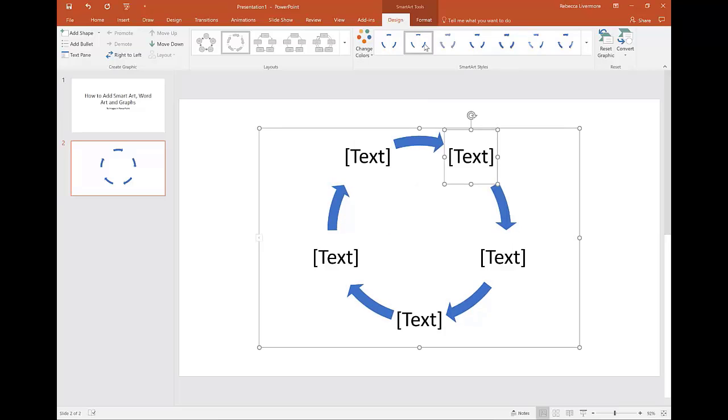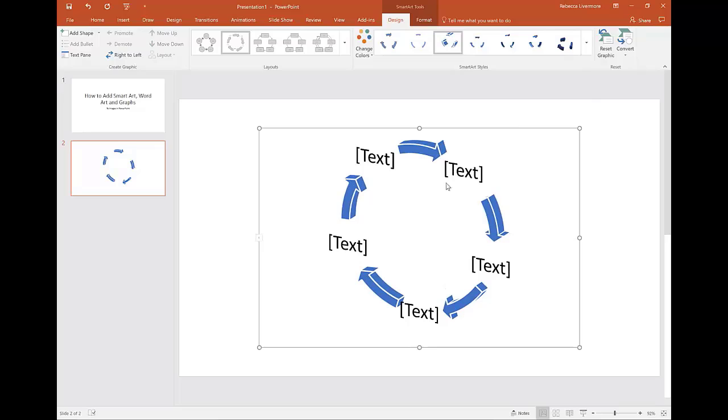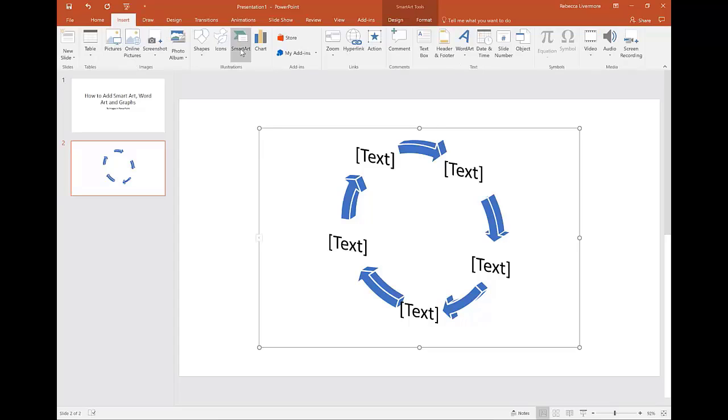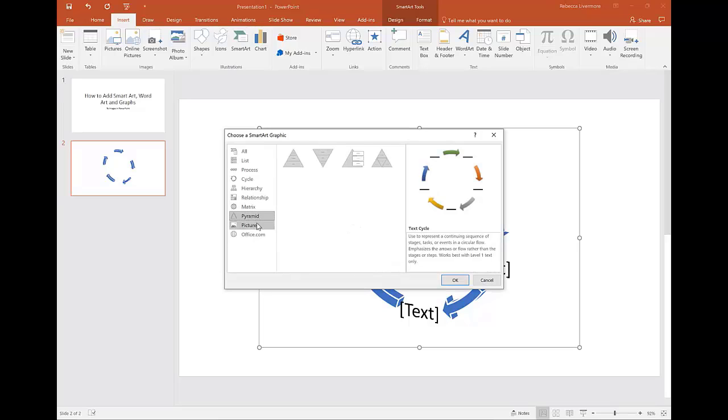Now notice that there's also different styles here, even within the same color. So you just kind of click around on them, like this one has kind of a beveled look to it. This one is kind of beveled, but also a little bit gradient, and so on. So let's look at that one. And you can just see how you can very easily create a graphic that illustrates a particular process using this SmartArt. So again, that's on the Insert tab, SmartArt, and you have several different options that you can choose from: